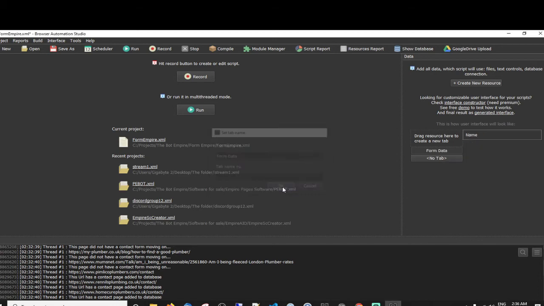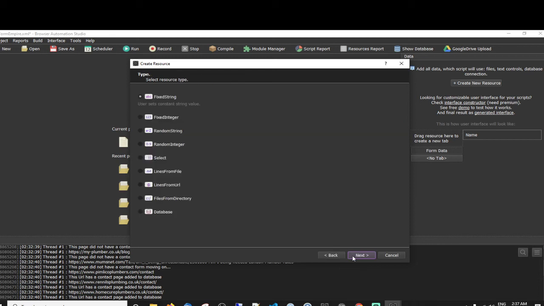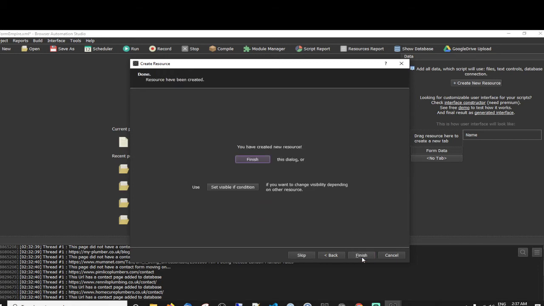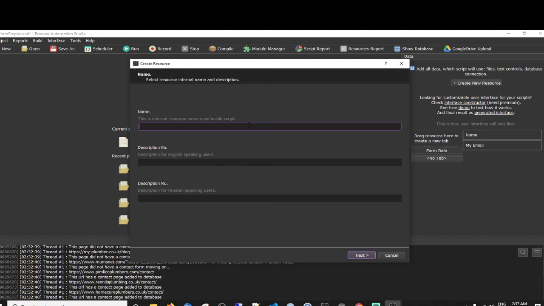So yeah, form data. So then we can have the name, email. We call it my email so we don't get confused with Adam. My email. Random string, so we can use spun text if you don't want to keep it the same data. And then we can go name, email, website address, because some of the forms have where you can put in your own address. And we're going to have it so if these fields aren't available, it's not going to crash the bot or anything.